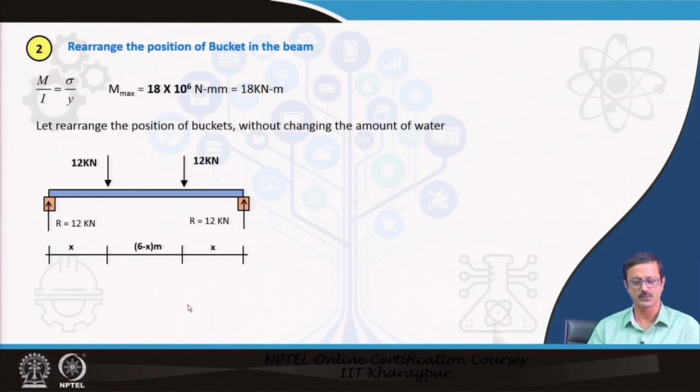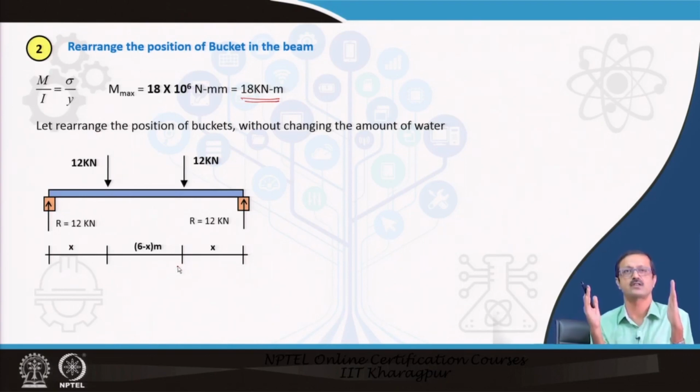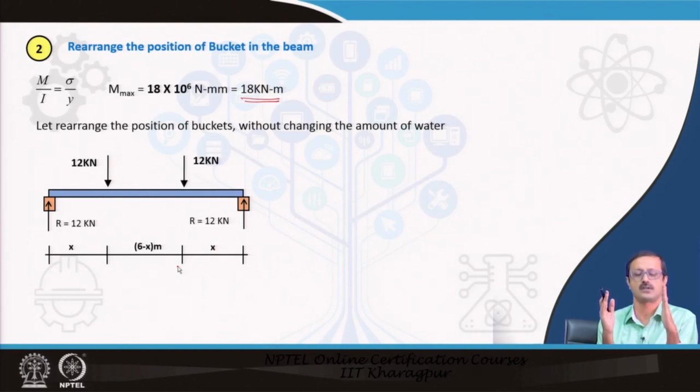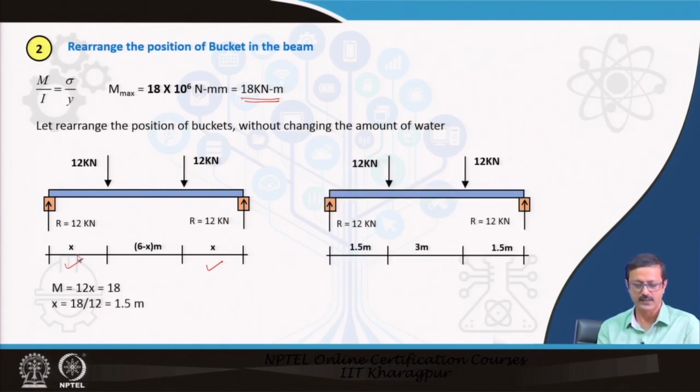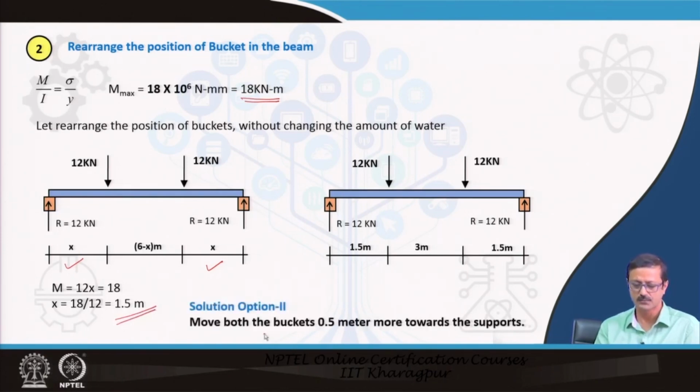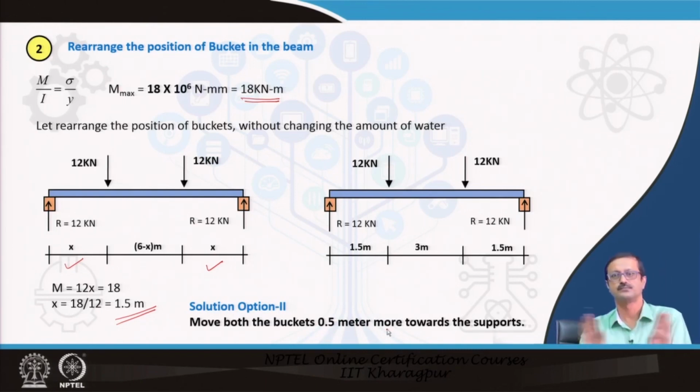Now, rearranging the positions. I know the moment will be 18 kilonewton meter, and this is a 6 meter beam. So, let us put the 12 kilonewton loads a little farther in. Let us assume that this is x meter from the support. I can find the moment equations and find the value of x as 1.5. So, what I have written here: move both the buckets 0.5 meter towards the support, in such a way that it will give you less